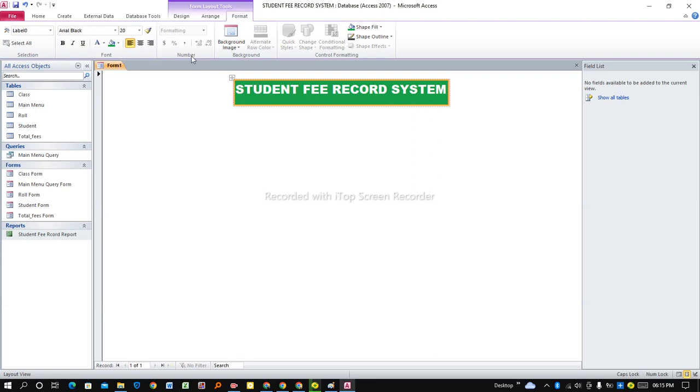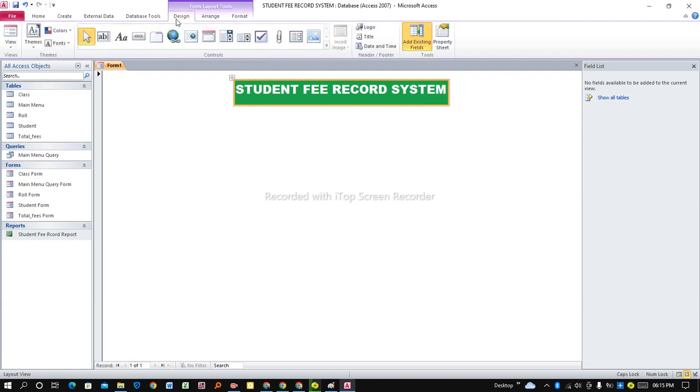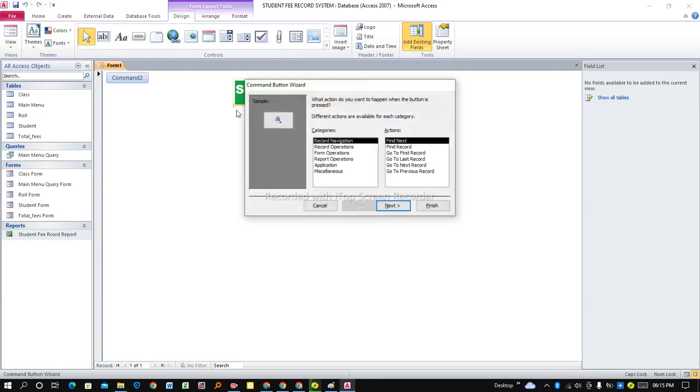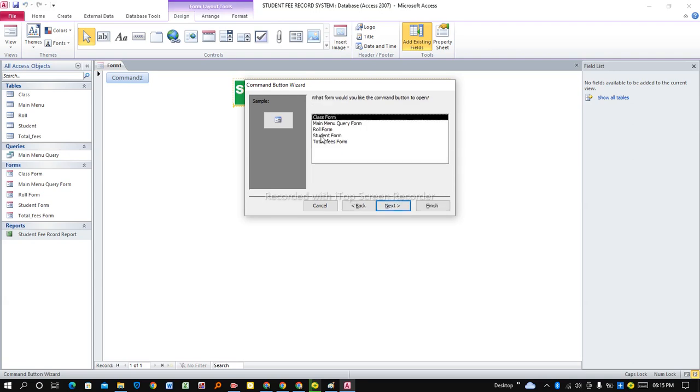Then, still under form layout tools, click on design, then we are going to use button. We're going to add several buttons, the first one being the button to add student. So we select form operation, open form, then you click next, you open student form, next,